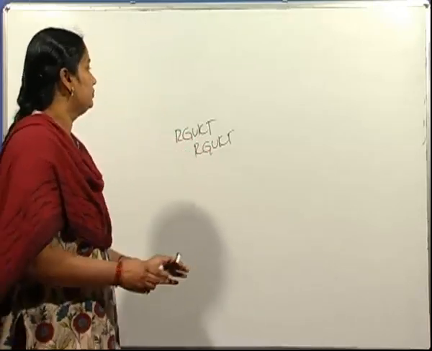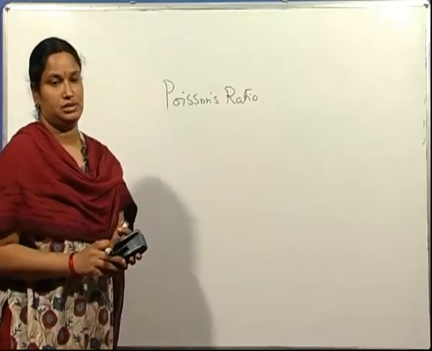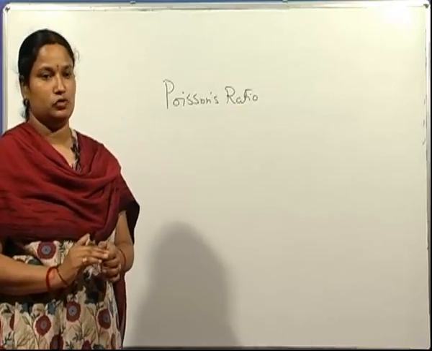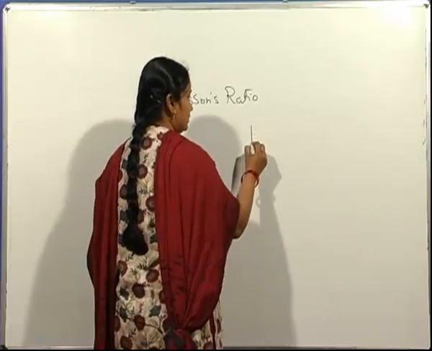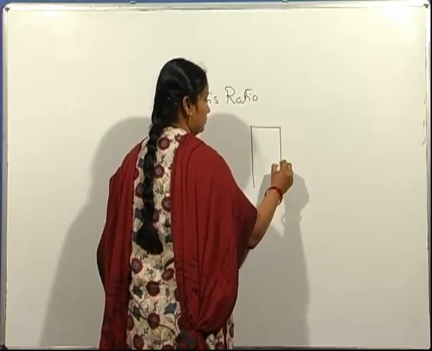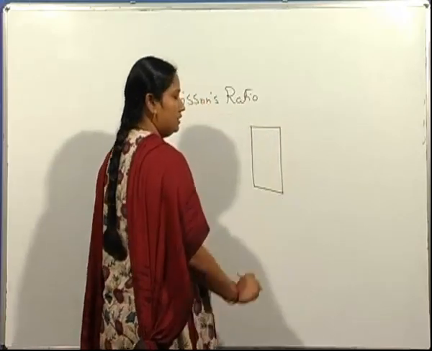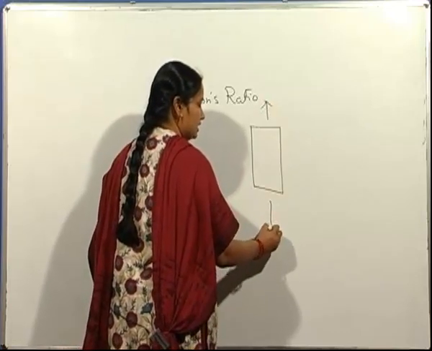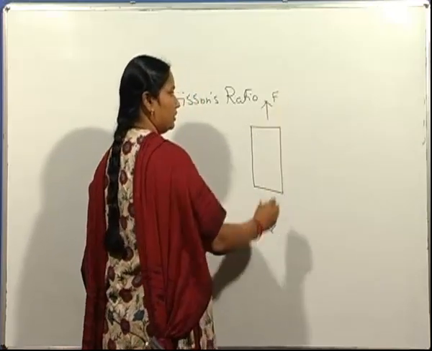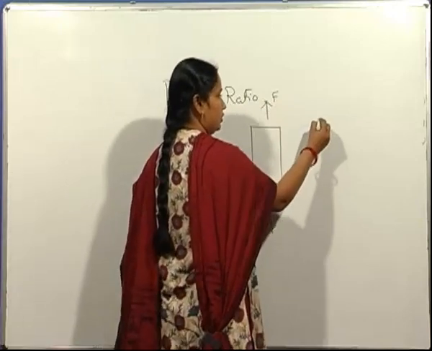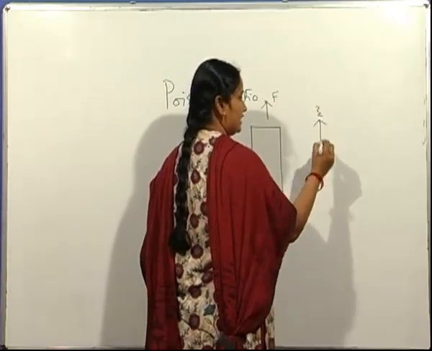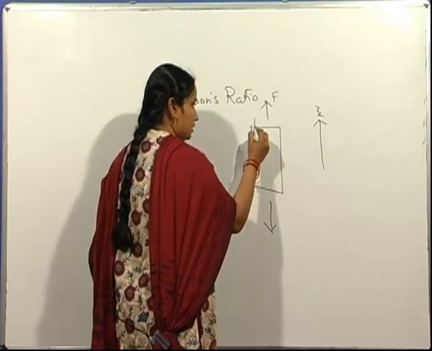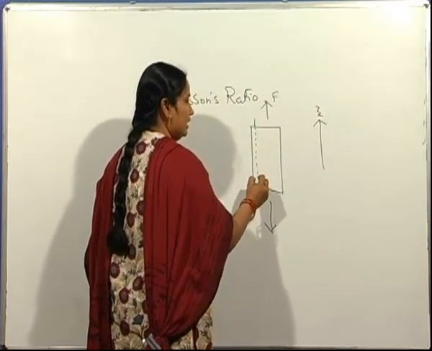Poisson's ratio. When a material is subjected to uniaxial tensile force, it elongates in one direction. This is a material, it is subjected to uniaxial tensile force along the z direction. If this is the z direction, along the z axis, it is a longitudinal axis, there is an increase in length